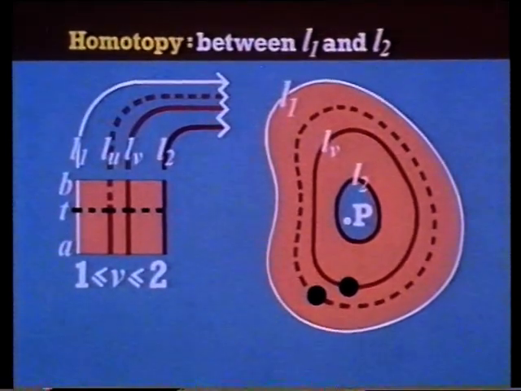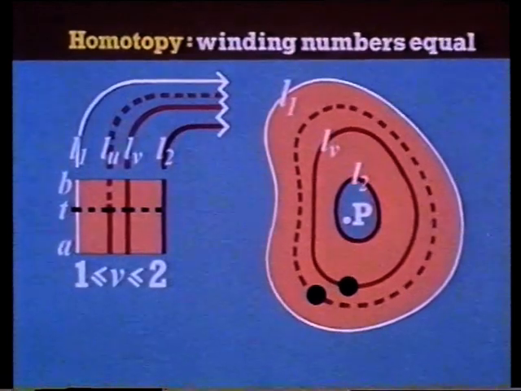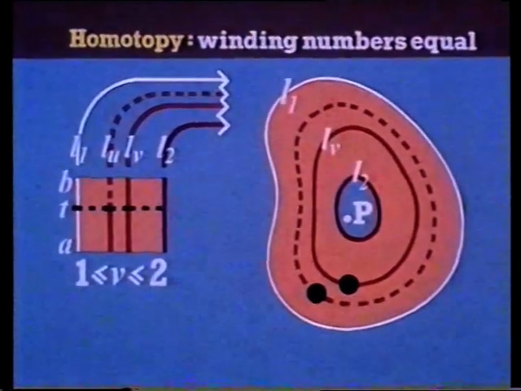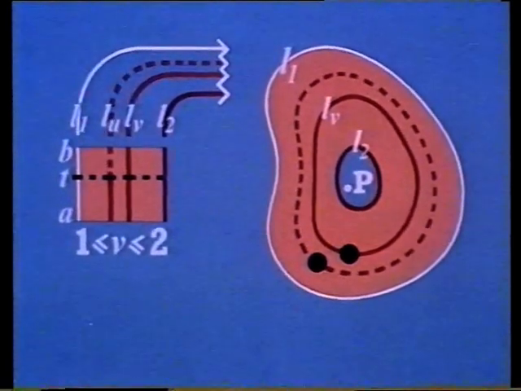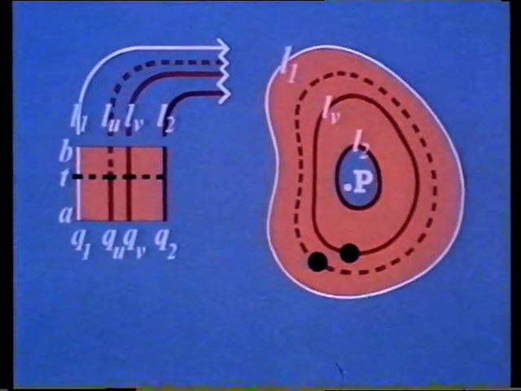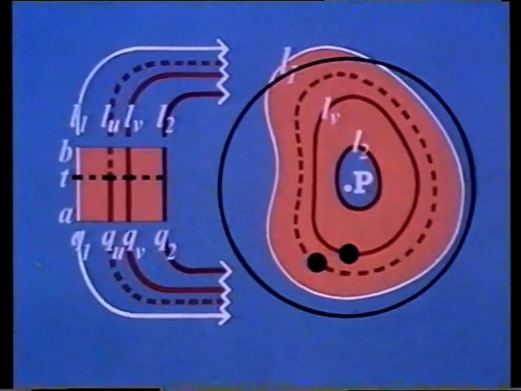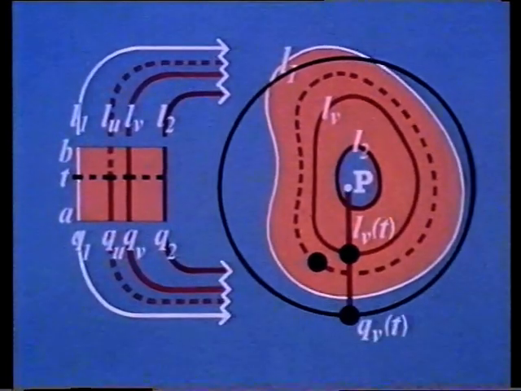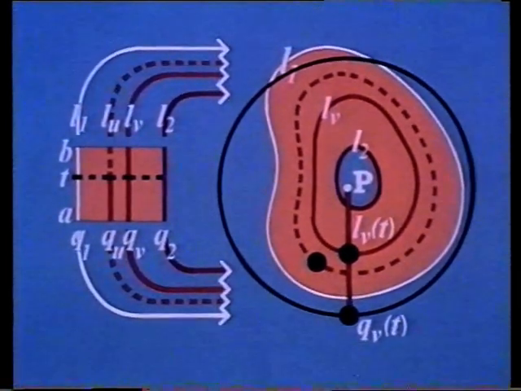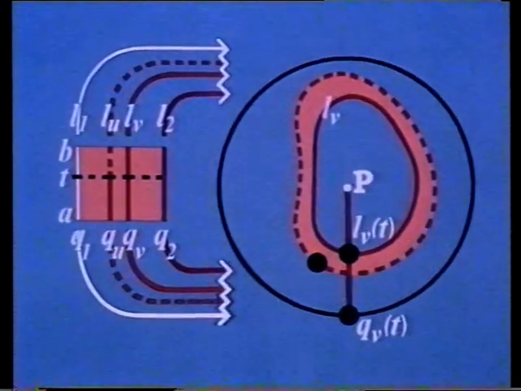Now let's prove our theorem that homotopy doesn't change winding numbers. We'll do this using our rigorous definition of winding number. For each loop of our homotopy, there's a corresponding map Q from the interval AB to the circle of directions. And the family of maps Q also constitutes a homotopy, because if we consider a loop LV and a nearby